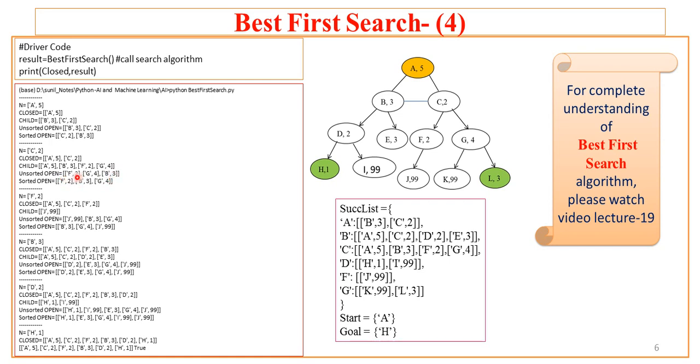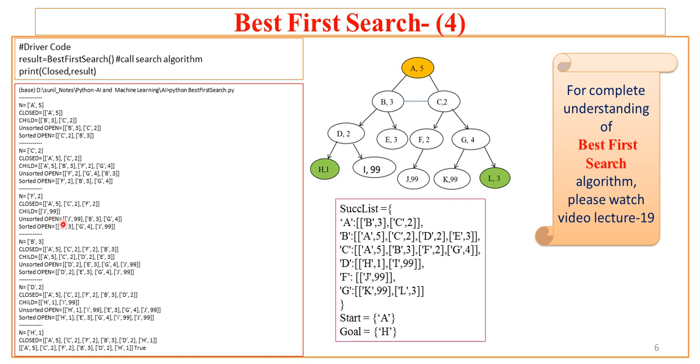Now here nodes are stored along with the heuristic. So after that it is sorted based on the heuristic. After sorting it will be F with heuristic 2, B with heuristic 3 and G with heuristic 4. Now this new open is used in the next iteration. In the next iteration, again as usual, the front node of the open is picked, that is F. Now F is appended to the closed. So nodes visited so far are A, C and F, that is, traversing the graph A, C and F.